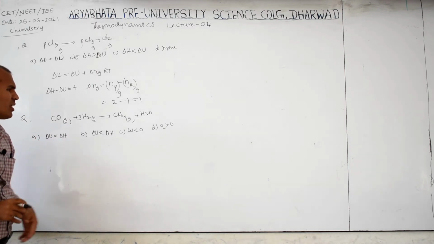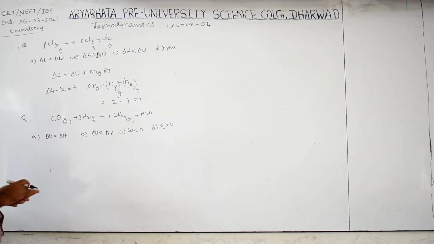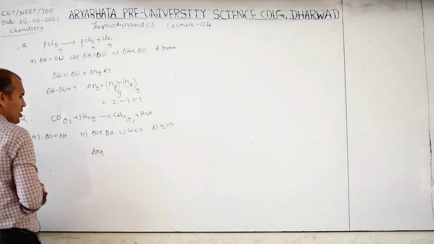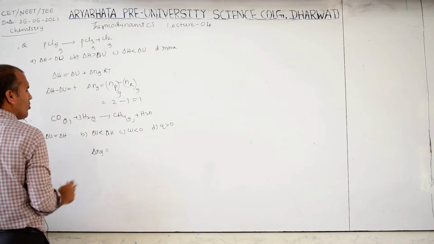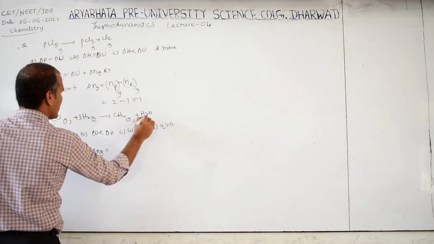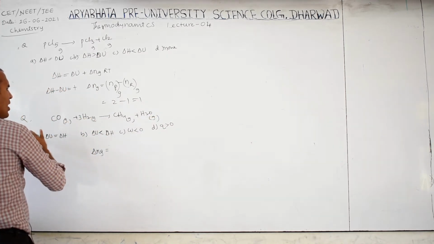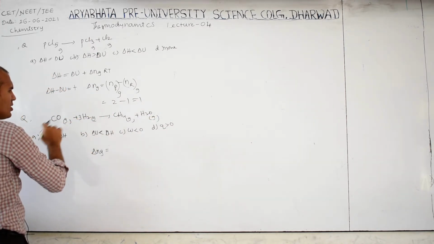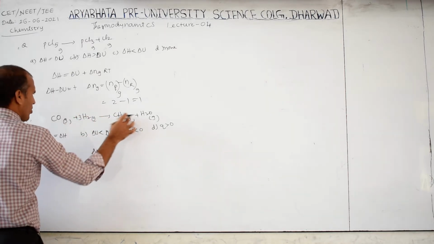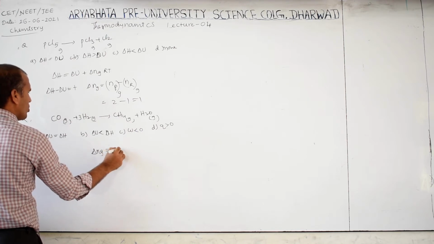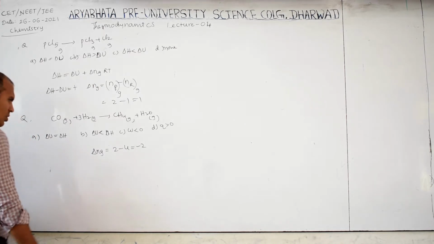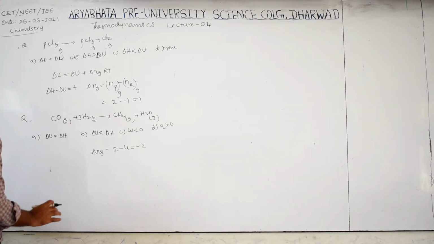So for this work related, what is the formula? First, delta Ng is calculated. Delta Ng is number of moles of product minus reactant. All are gas only given. Gas, gas, gas. Here it is balanced: 1 carbon, 3 into 2, 6 hydrogen, 4 plus 2, 6, 1 oxygen balanced. Now 1 plus 1, 2, 2 minus 1, 3 plus 1, that is 4, therefore minus 2. So this is minus 2 here.